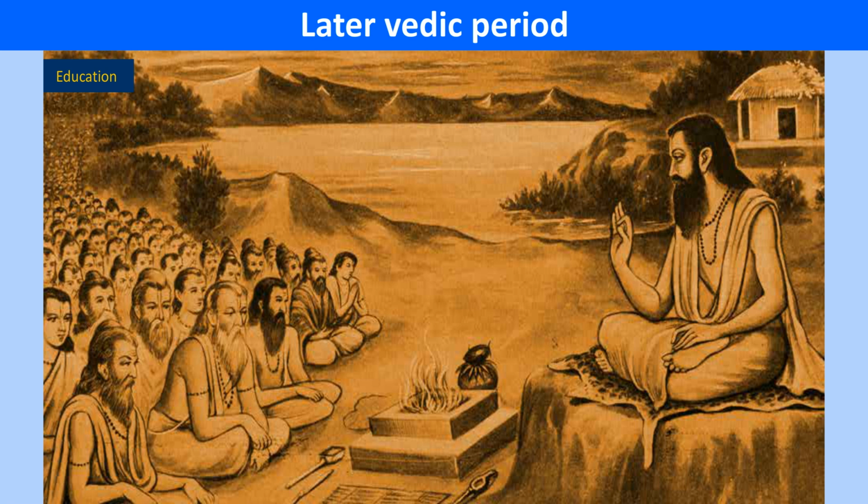The Vedas are the most important source of information about the Aryans of the early and later Vedic periods. In Sanskrit, the word Ved means knowledge. The Rig Veda, Sama Veda, Yajur Veda, and the Atharva Veda are the four Vedas. We learn about the life and times of the Vedic period from the Rig Veda and the other three Vedas. The Brahmanas, the Aranyakas, the Upanishads, the Puranas, and the two epics, the Ramayana and the Mahabharata, were all composed